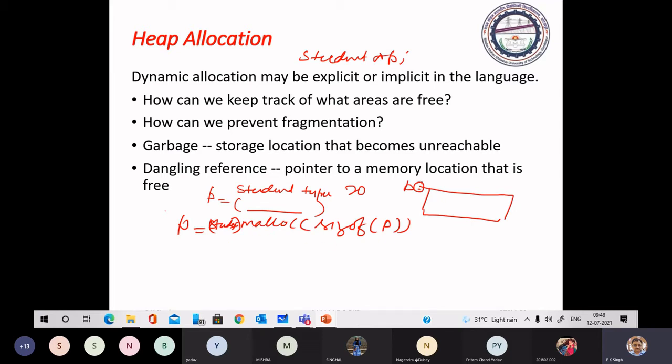Memory for the information related to pointer P is allocated in the heap, but memory for the reference to this area is allocated in the local data area.